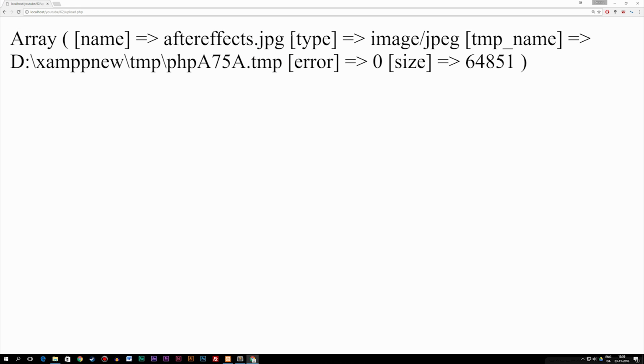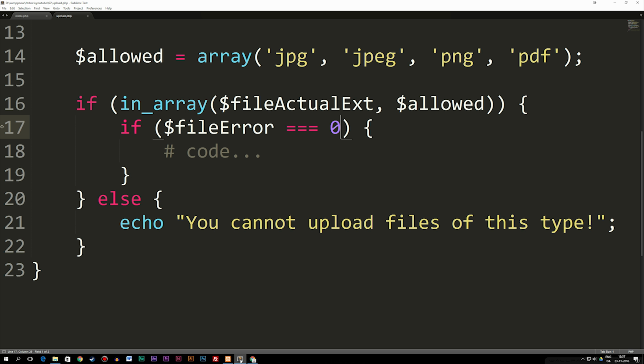As you guys can see inside our array, if you go down into error, which is right down here, then it's equal to 0, which means that we had no errors uploading this file right now. So we're going to go back into our file, and inside our if statement, actually no, after the if statement,